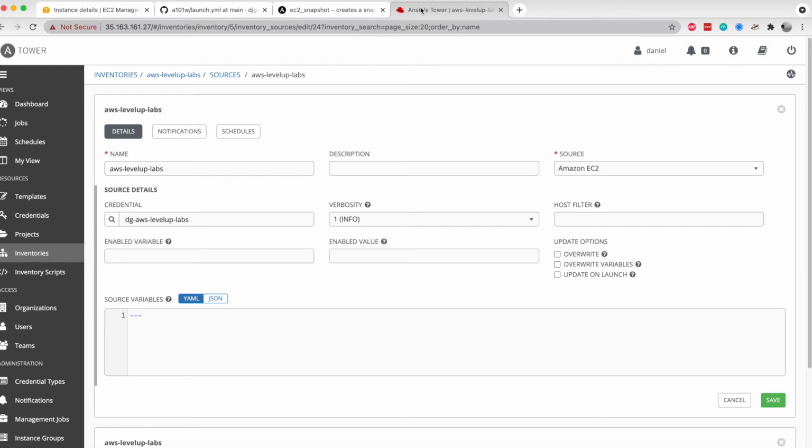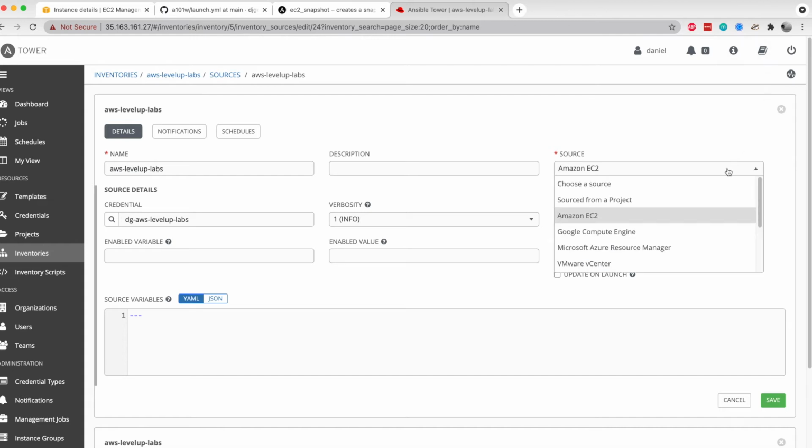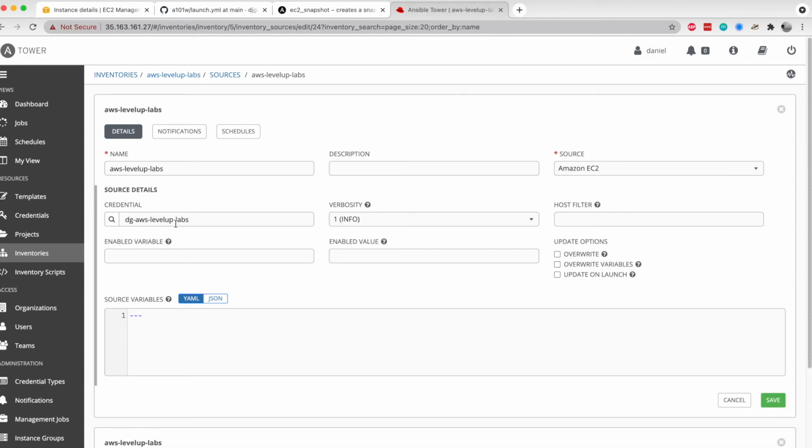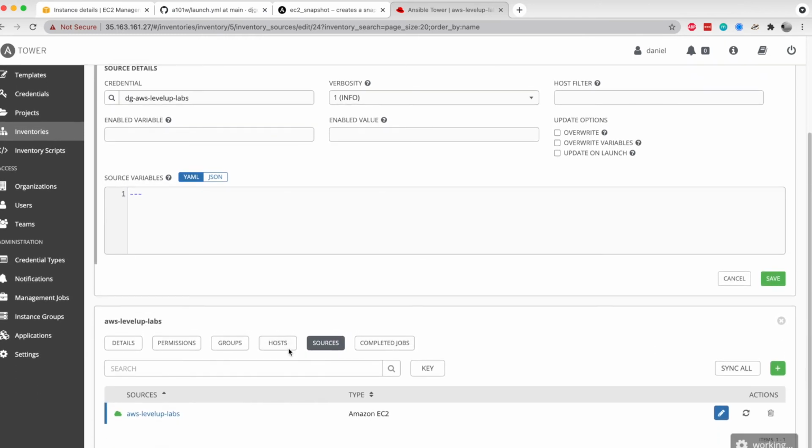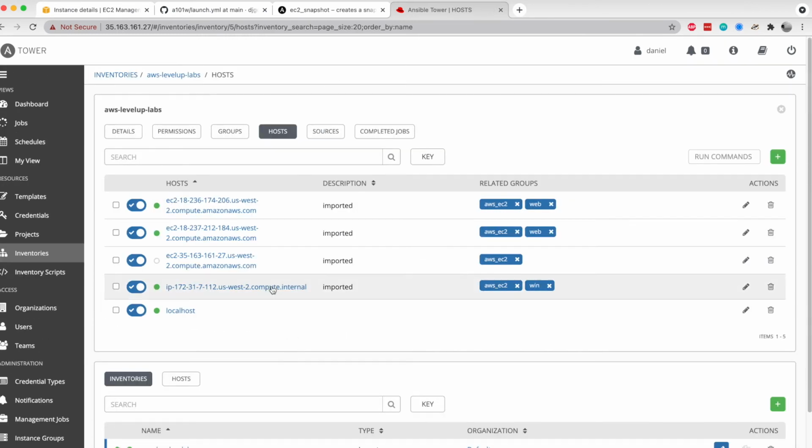Most of the examples that you see in the videos that we do here are based on a dynamic inventory that we have sourced from Amazon EC2. We have to be able to pass credentials like anything else when we're working with it, but basically from there, once we have that, we're able to go in and pull these hosts out dynamically, and these do a pretty good job of updating even when we relaunch and they end up with different host names and things like that. The dynamic inventories that you get pretty much out of the box with Tower are very, very well defined,